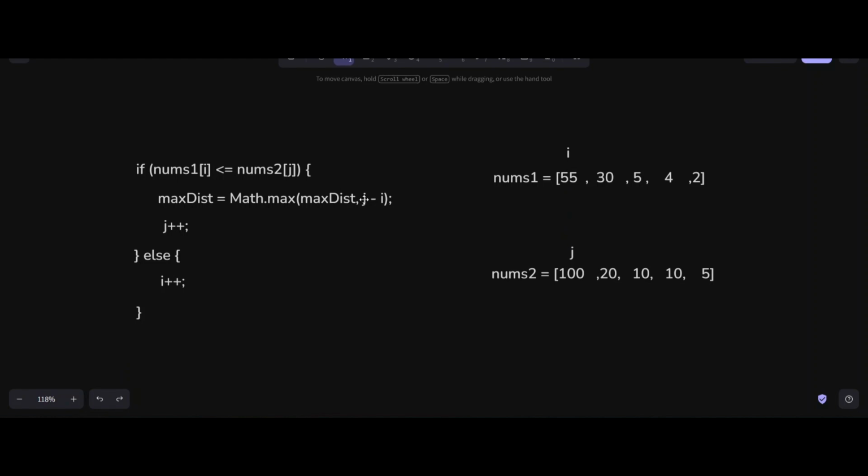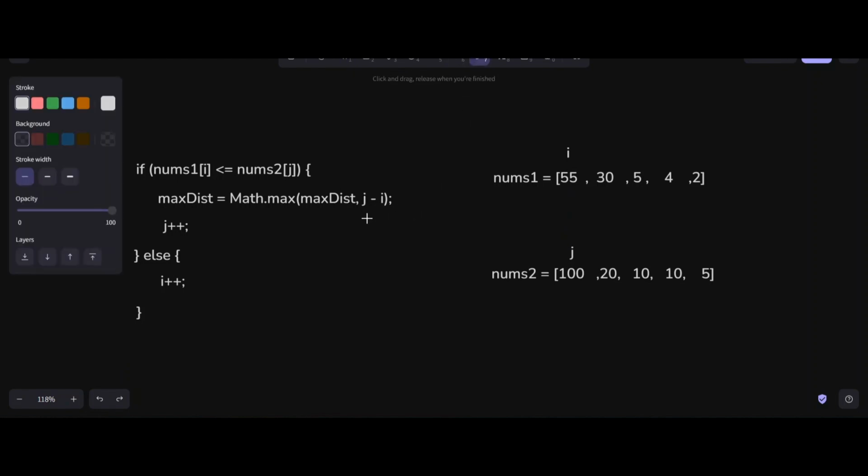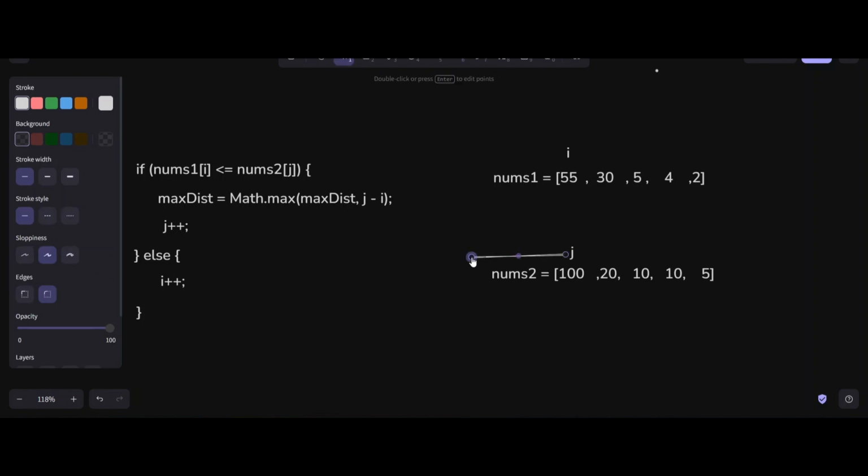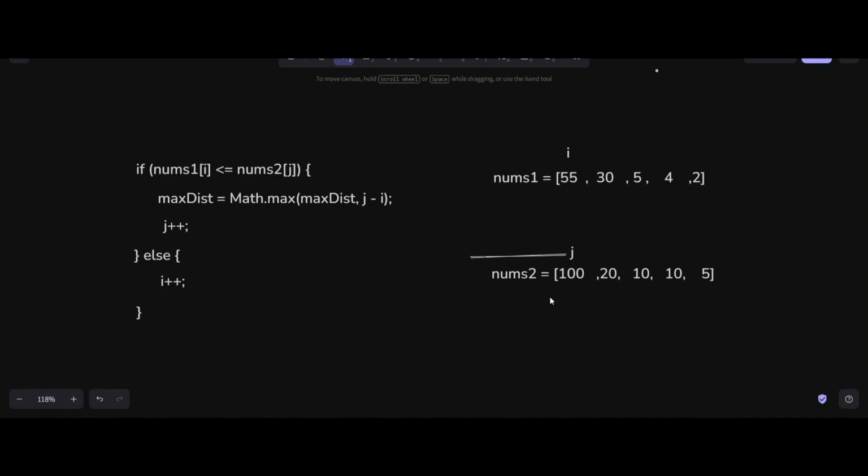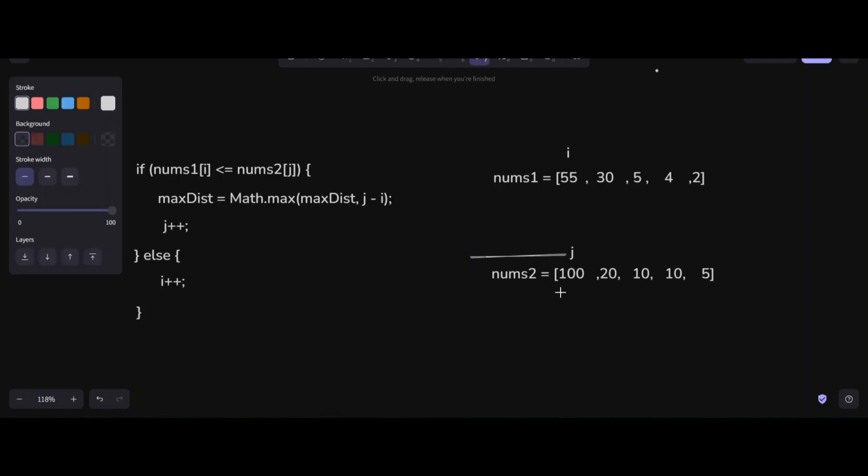We can have the distance j minus i here, and update our global variable. Now think about it, this is a valid case. Before this j, क्योंकि ये नॉन डिक्रीजिंग है, सोच देखना अगर यहाँ पे कोई एलिमेंट्स होते, लेट से दिस इज 100 एंड फॉर दिस 100 दिस इज अ वैलिड पेयर, अगर इस 100 से पहले एलिमेंट्स होते तो उससे बड़े होते फॉर श्योर। इट मीन्स कि अगर ये 100 से बड़े होते और 100 मेरा वैलिड पेयर तो 100 के पीछे के सारे नंबर्स भी वैलिड पेयर होते।